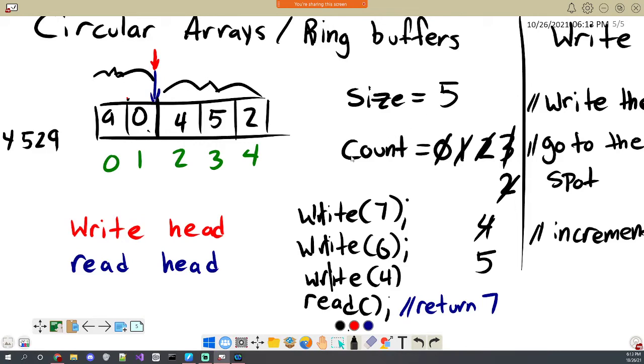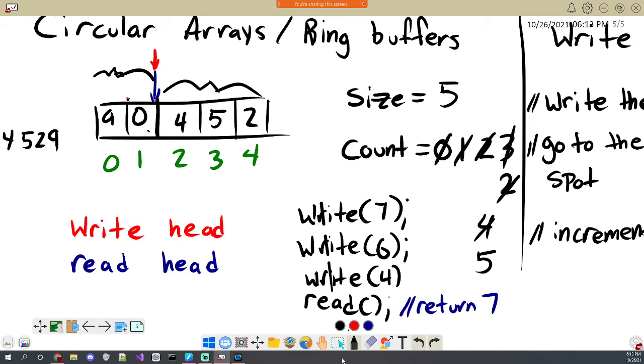And the reason this is a difficult thing to check for, and why I've given you the count variable in the new skeleton, is to consider the condition. If we didn't have this count and weren't keeping track of it, the only way we could know we've hit this problem is that the read head and the write head are on top of each other, which is valid, but it tells us the array is full. Now, why might that be a problem if I just check if the write head is equal to the read head?